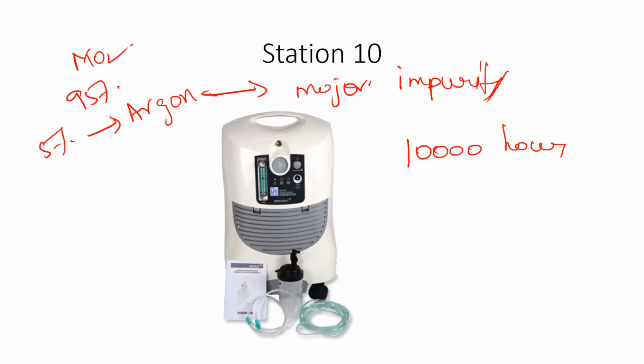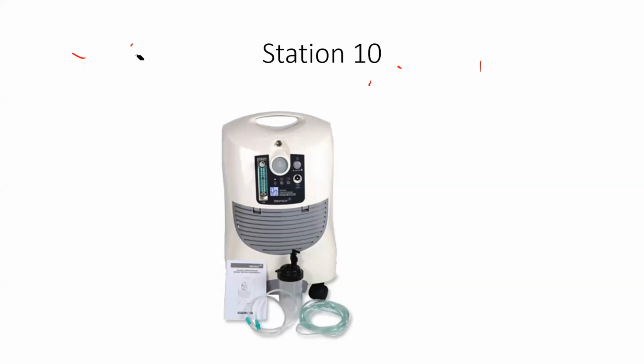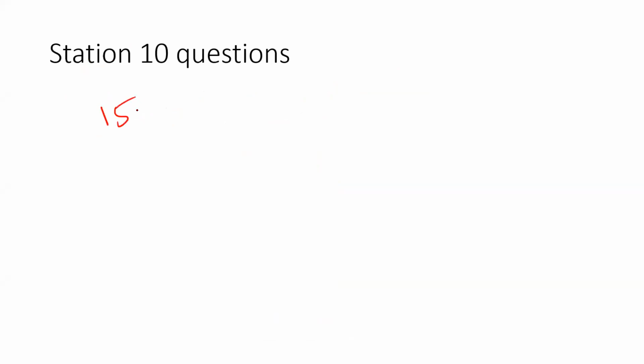Okay, guys, any questions in this station? We can move on to the next one. Sir, regarding flow rates, what range of flow rates? Okay, in order to prevent this argon impurity, you have to keep high flow rates when you're attaching to the anesthesia machine. At least 15 liters has to be used for the anesthesia machine. For home oxygen therapy, 2 to 4 liters is sufficient. Is it humidified oxygen? It is not a humidified one. We have to humidify artificially.